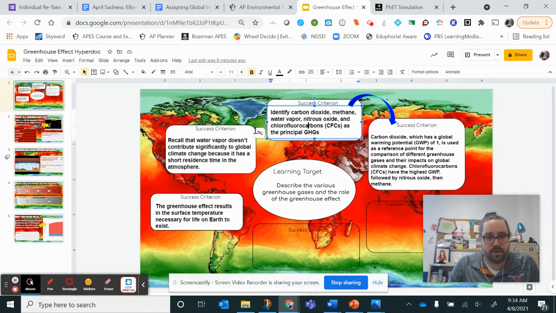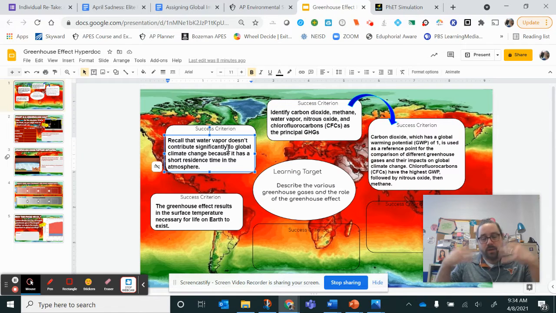So have those memorized. Speaking of water, technically water vapor does count as a greenhouse gas. It acts like a greenhouse gas. We'll investigate that in the first slide here. But we don't treat it as a greenhouse gas. We don't monitor it as a greenhouse gas. It doesn't contribute to climate change because it doesn't last long enough in the atmosphere. It condenses down to water super fast. So it doesn't really make sense to treat it as a greenhouse gas because it doesn't really have a global